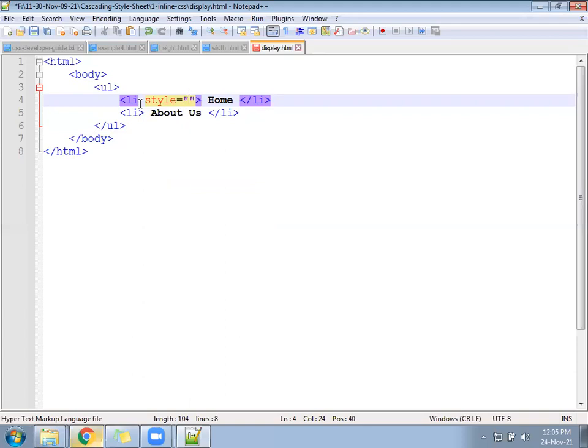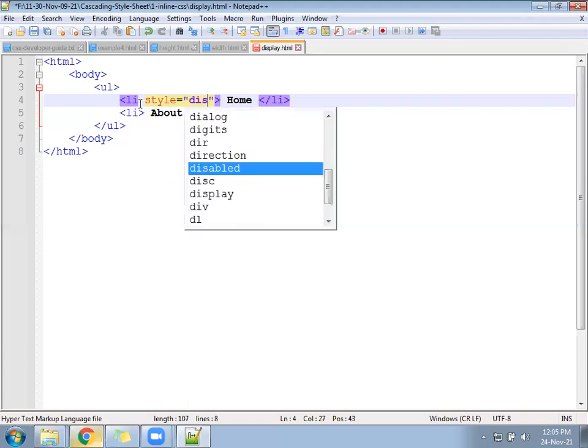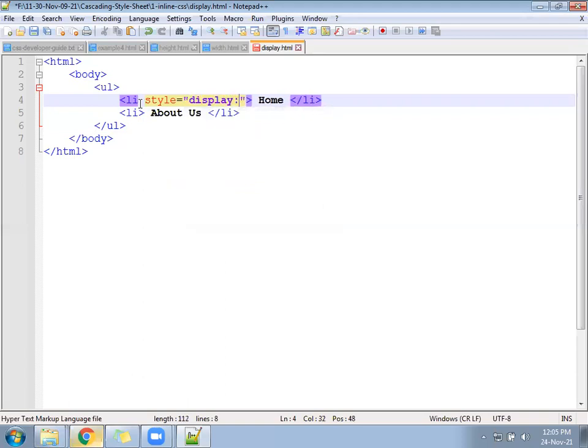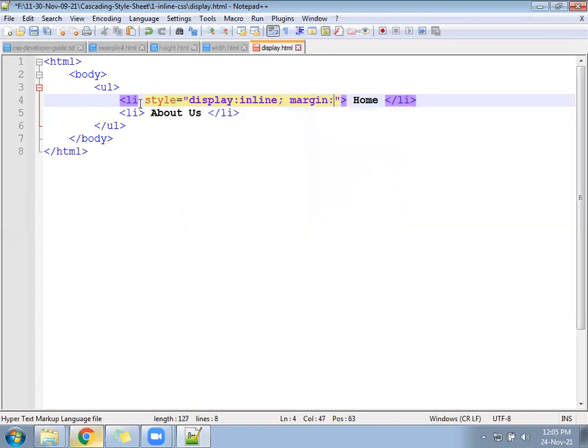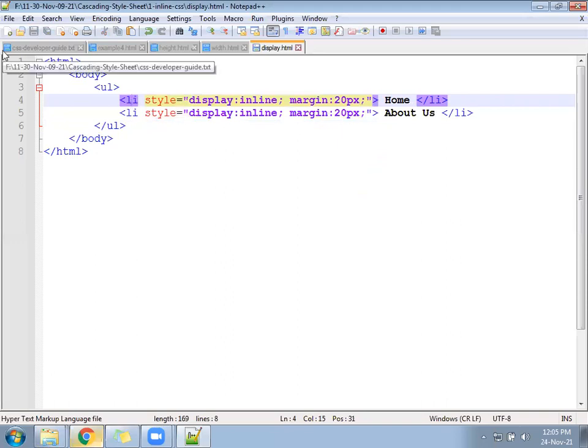So now write style equal to display inline, and margin somewhere 20 pixel. Do the same for the second LI also, and you will see both come one after the other in the same line.